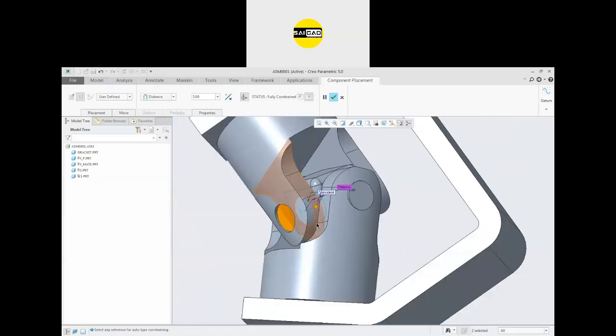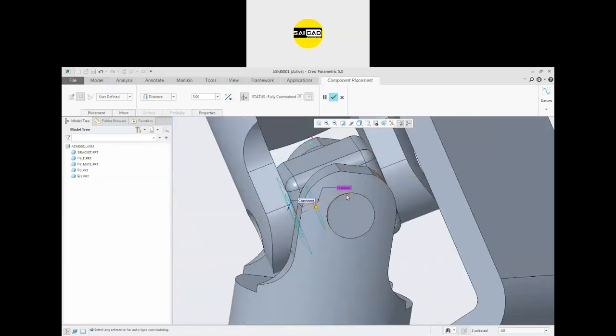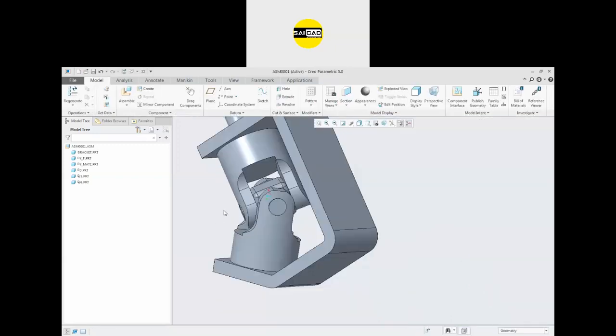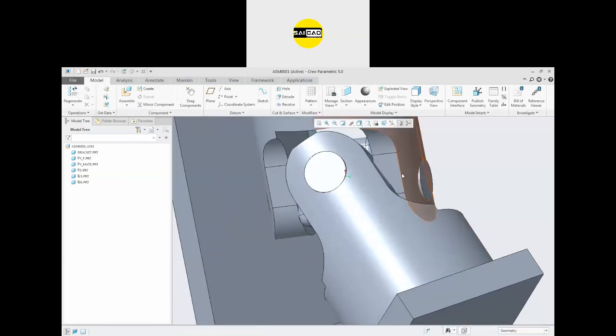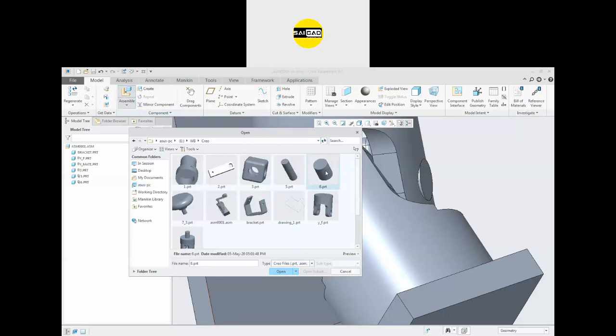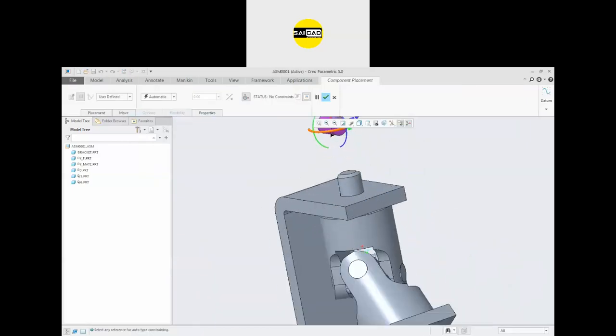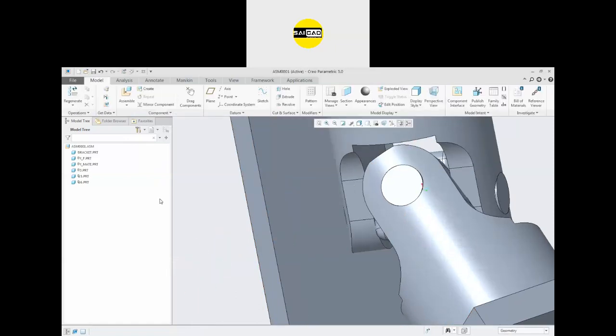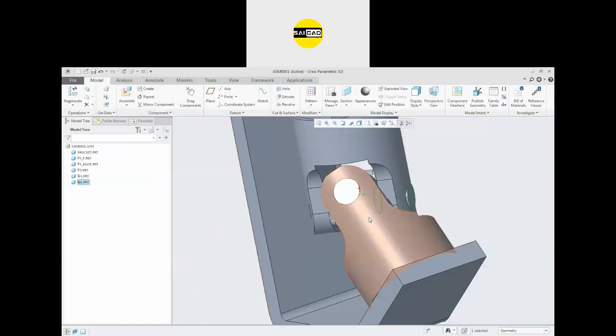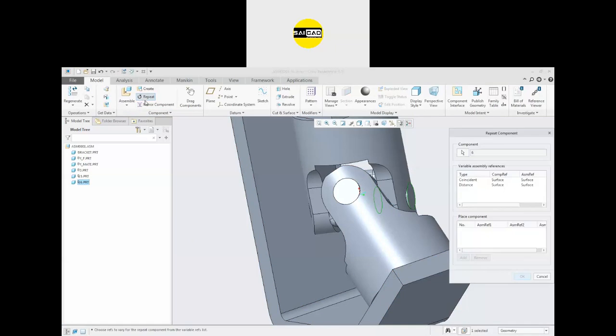Here is the object. If you want to move the object a little bit outside, you can specify the value to 4.5, like that, or 4. Okay. Move the object accordingly, according to your value. It's okay. Here is the object. So now I have to use this object again. We have some options. We can just go to the symbol, click on there, and we have the other part also. We have the copy of the object also, or we can just select the part that we had inserted previously, and we have an option here, repeat.